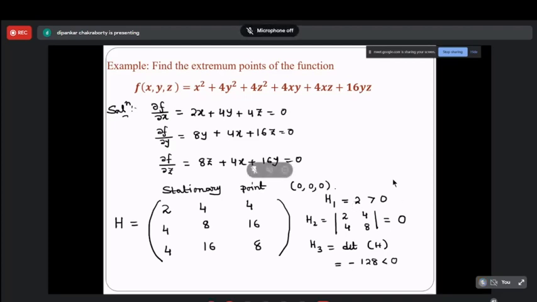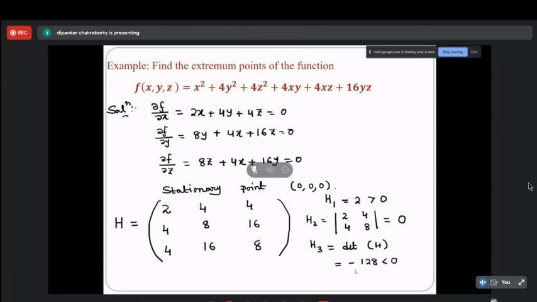First of all, check h1. If h1 is negative, then there are two options: it will be either negative definite or indefinite. If they alternate in sign, then it will be negative definite. If they do not alternate in sign, then obviously it will be indefinite. If h1 is positive, then again you have two options, either positive definite or semi-definite, and indefinite. If h1 is positive, then for positive definite or semi-definite, it should always be greater than or equal to 0. But this one is less than 0. So that means it will be indefinite.